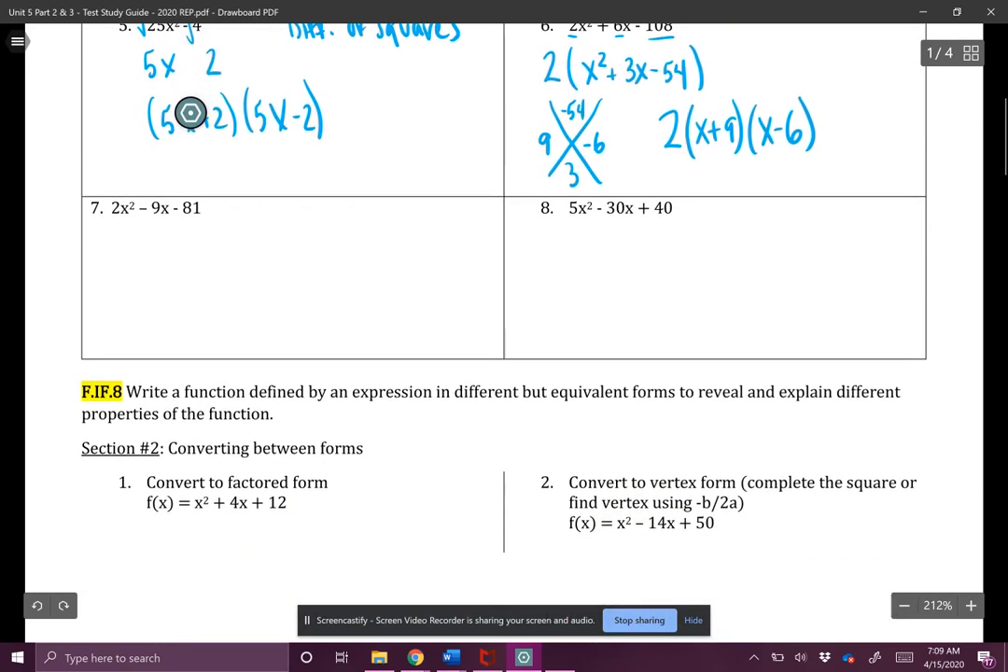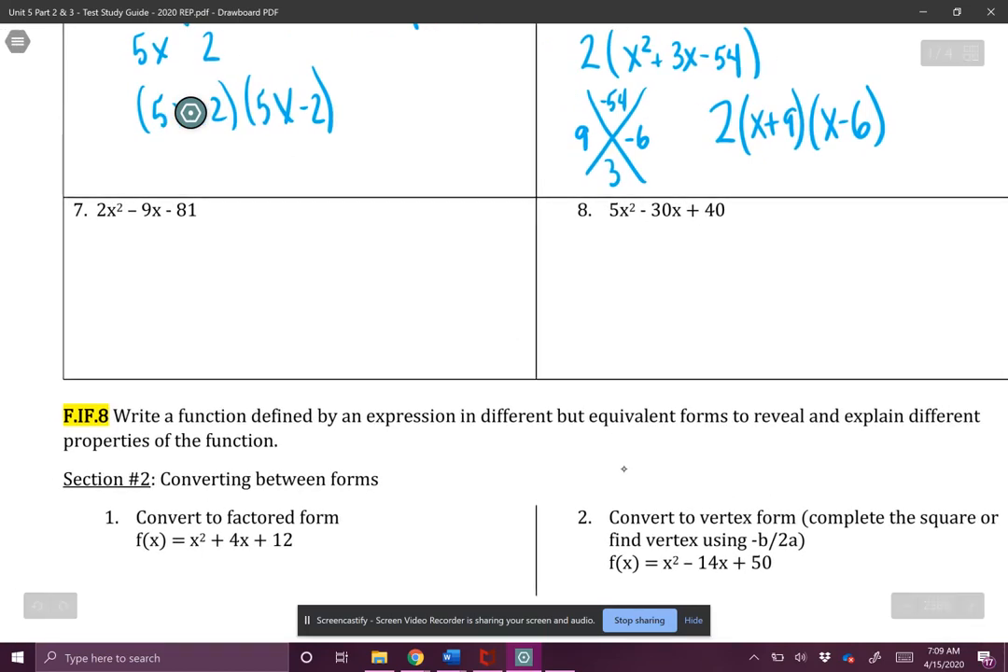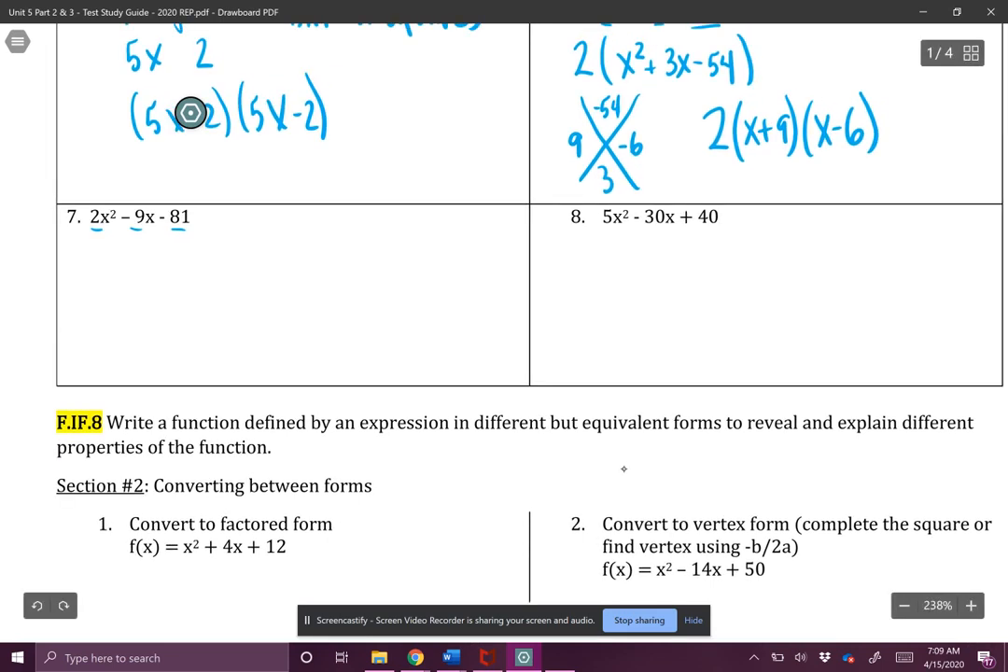All right, let's take a look at this one. On number 7, I'm looking for a GCF between 2, negative 9, and negative 81. And unfortunately, the GCF here is only a 1 because the maximum GCF here for 2 is a 2, but 81 is an odd number, so it's not divisible by 2. So in this case, it's one of our factoring problems where we're going to have to use the X model and grouping. So from here, we're looking for numbers that multiply to make negative 162